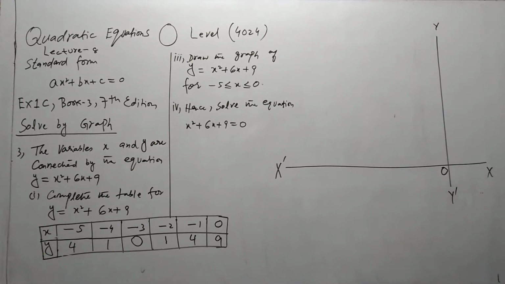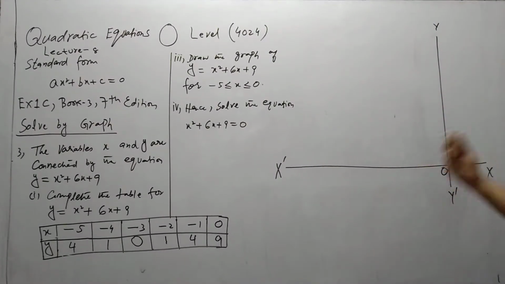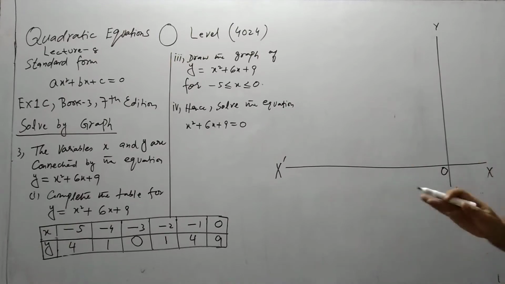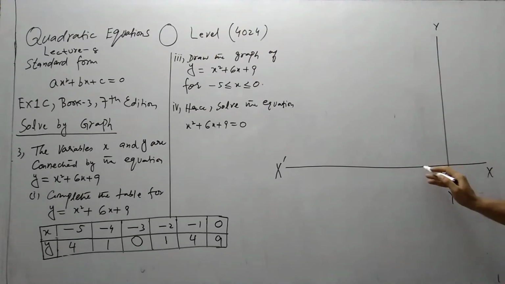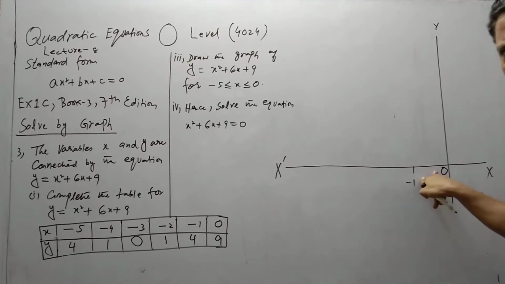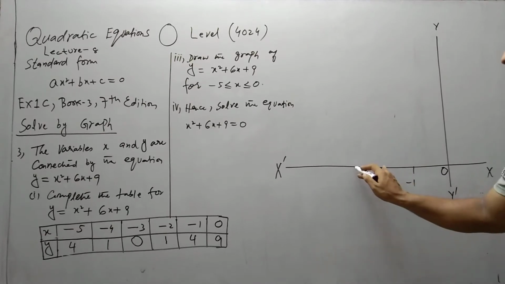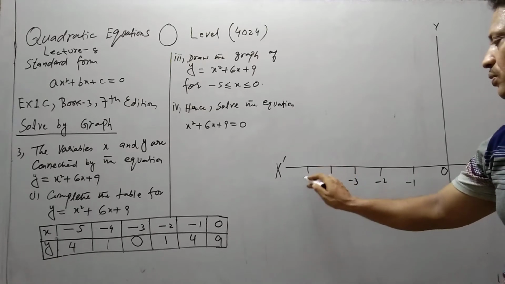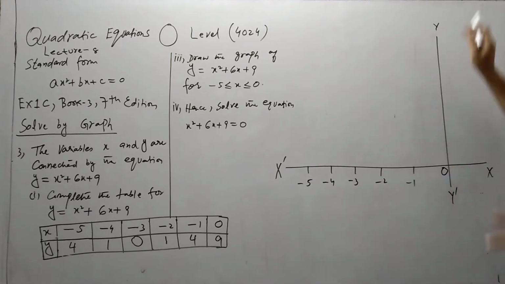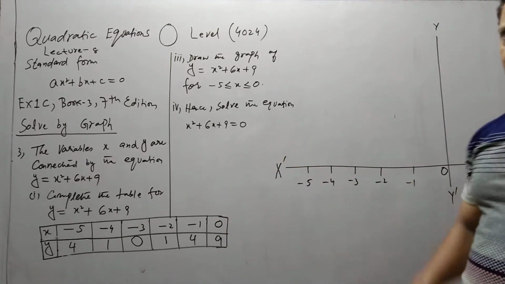Now we have to plot values from 0 to minus 5. So you can take 2 squares or 3 squares to 1 unit. It's up to you, but kindly don't draw a very small or very large graph. Because I don't have graph paper, I am taking this as minus 1. Let's suppose this is 2 small squares, 2 centimeters. Minus 2, minus 3, minus 4, minus 5. X's work has finished because I have marked all the values of x.